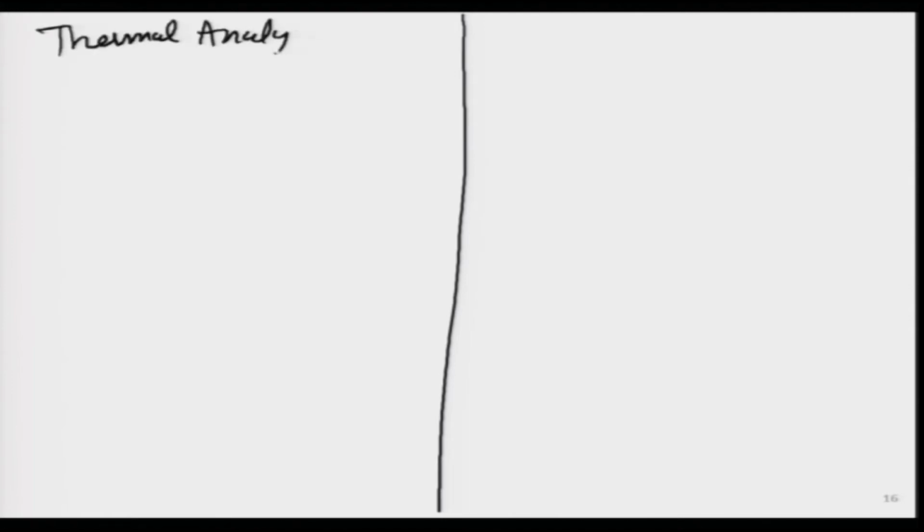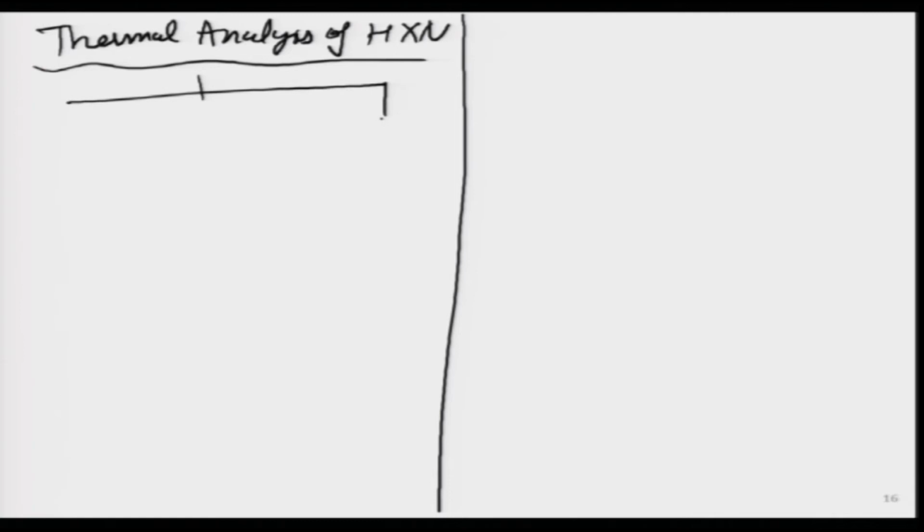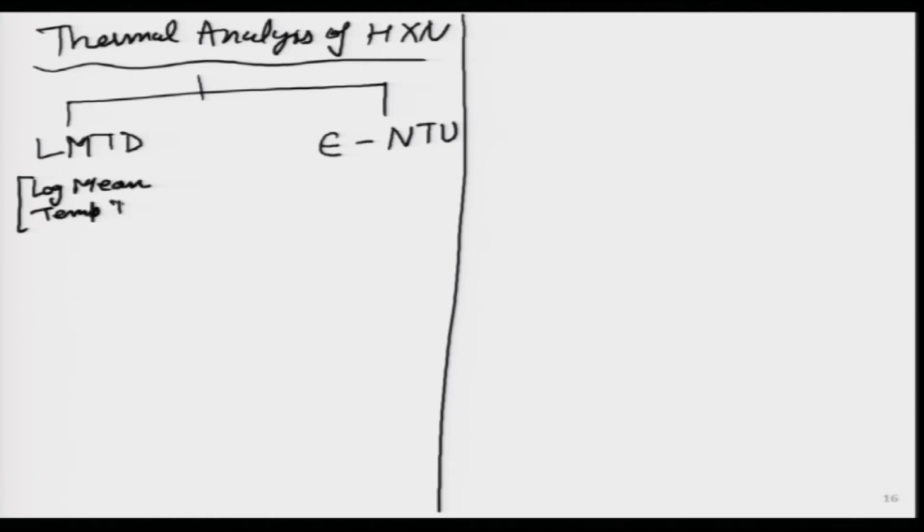Now, let us go ahead and look at the next interesting concept that we are going to face, and this is something I already talked about. Was we want to do the thermal analysis in detail of some heat exchanger. So, there could be many methods, but there are very popular two methods which are available to us. One is the LMTD method and another one is the epsilon NTU method. So, this stands for log mean temperature difference, and here epsilon stands for the effectiveness.